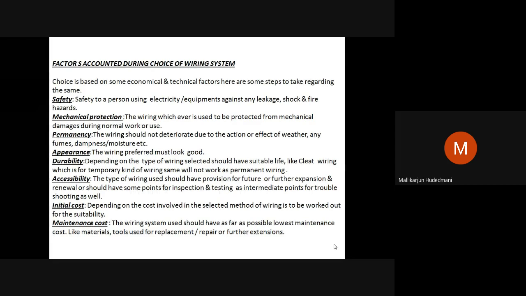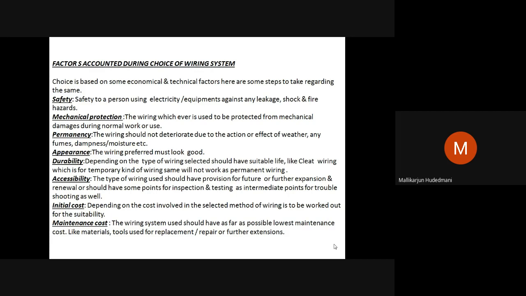Then what is the total investment I'll be putting in to get my house electrified? That's called initial cost. So that should be a consideration. If I build a house worth lakhs and I'm not able to spend thousands of rupees on my electrical wiring, how do I live over there? Over a period of time, I keep on getting complaints, problems, and difficulty due to electrical worries. So how can I be happy in my house? Therefore, initial cost also matters for my comfort, pleasure, safety, and durability. As well, the maintenance cost. It is not simply the initial cost to purchase and fit it and be done.